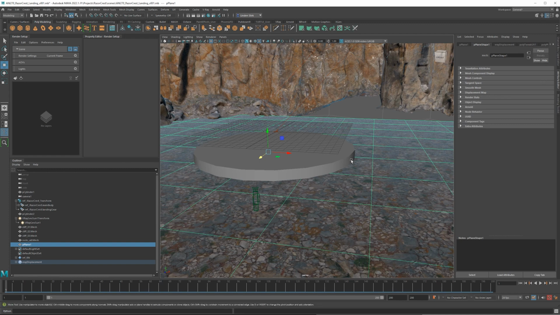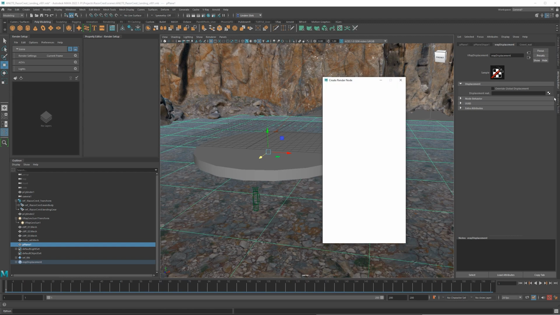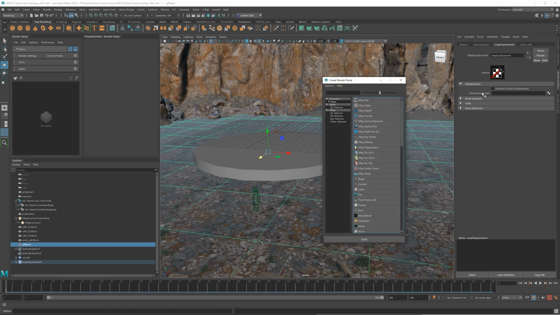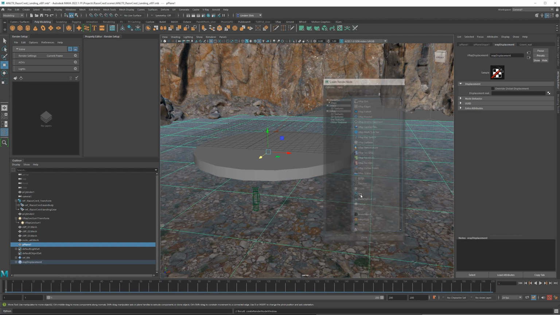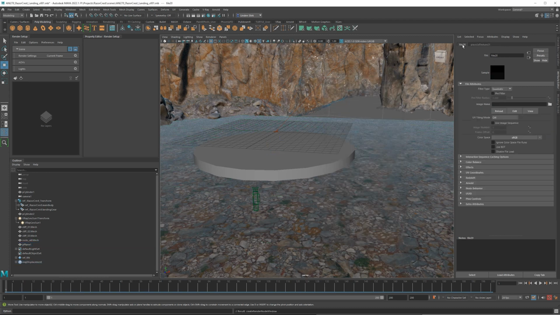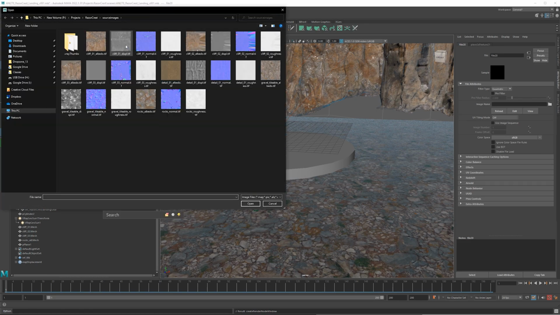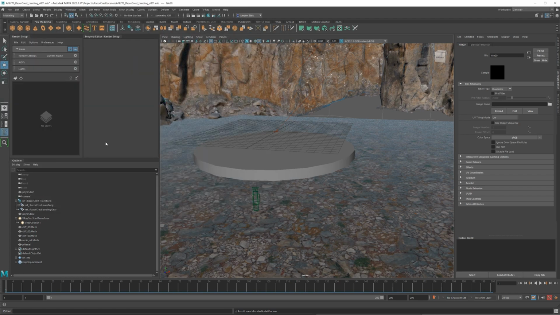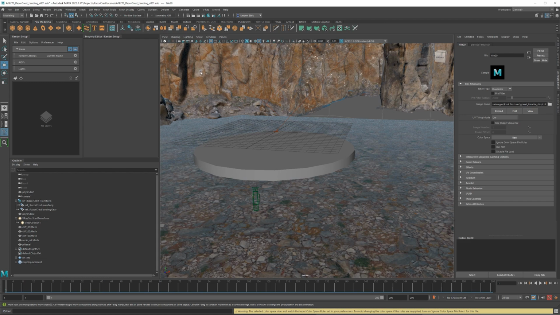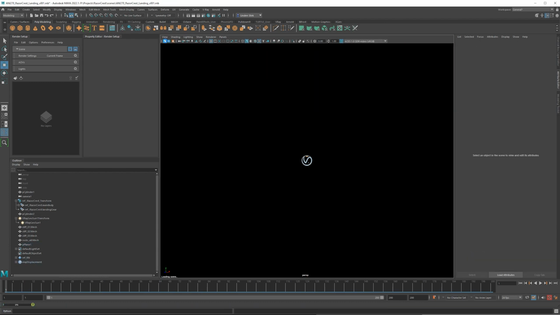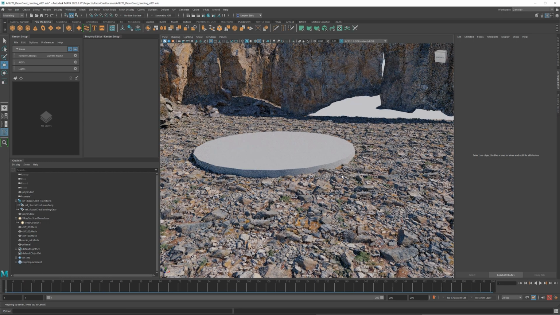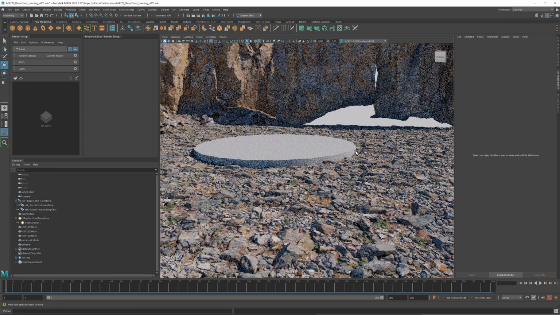And then we can delete the history of this, say delete history. Then you can see there's a V-Ray Displacement node that's been added, and it gives you a material. If we select the input connection to that, we really don't want a material, we just want a texture. We'll say texture, back to the file there, and then for the image name, we'll say rock textures, gravel tileable displace. Color space would be raw, and then we're good to go. You'll never see anything in the viewport change, but if we go to the viewport IPR and turn that on, you'll be able to see there's now rocks added, which looks pretty cool.